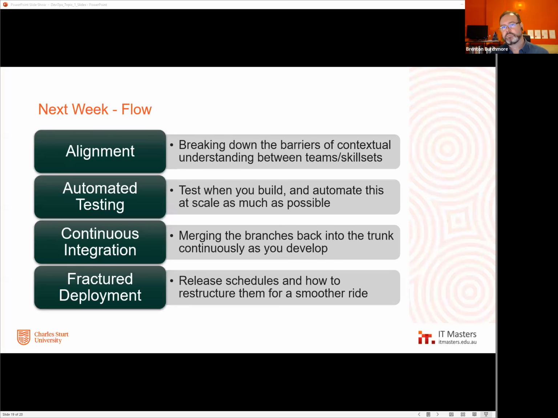Velocity requires flow. So velocity is yes, it's similar, because velocity is about delivering value at a certain rate. It is about reducing wastage. It is about making sure that you are achieving completion, and that is an element of Kanban and of flow. But there's more things underpinning that. So it relies upon a good flow and a good continuous delivery.